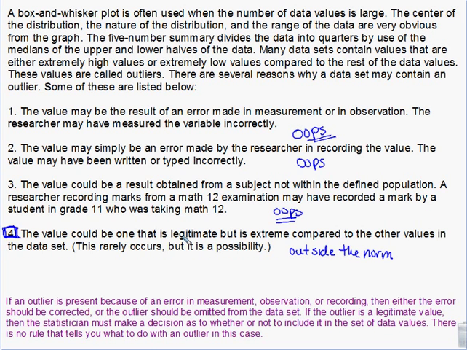Okay, they work 120 hours a week, and it's legitimate. They're working 120 hours a week. Am I going to include them in my study of the average amount of hours per week somebody works? No, I'm not. They're an extreme case, and they're going to skew my data and make my results all kinds of wrong because most people,